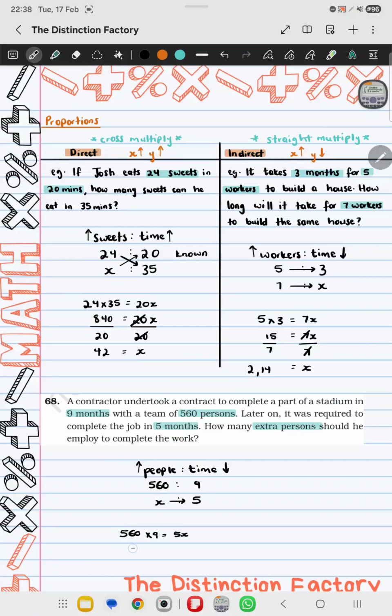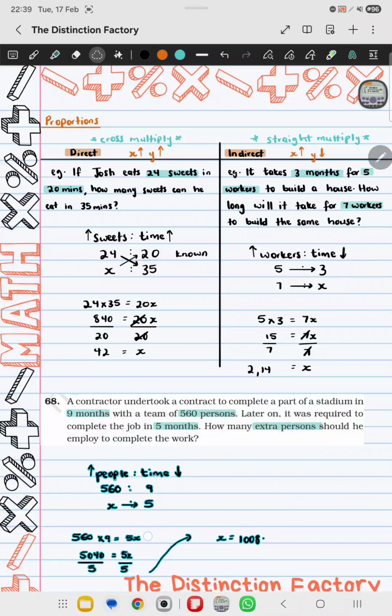5,040. And I need to get rid of the 5 that's in front of the x, so I will have to divide both sides by 5. And I'm just going to complete this up here. That means that x will be equal to 1,008. So that means that he will have to have in total 1,008 people working on the contract in order to